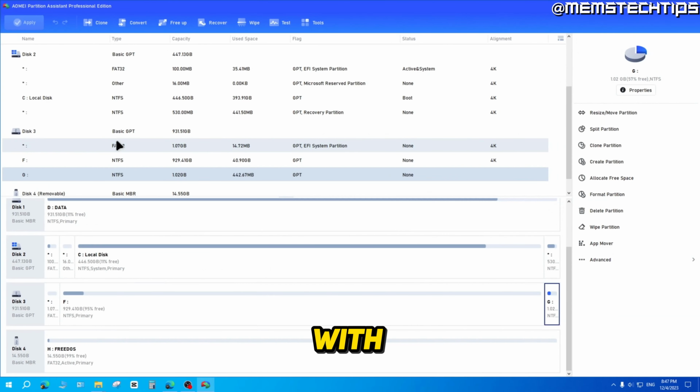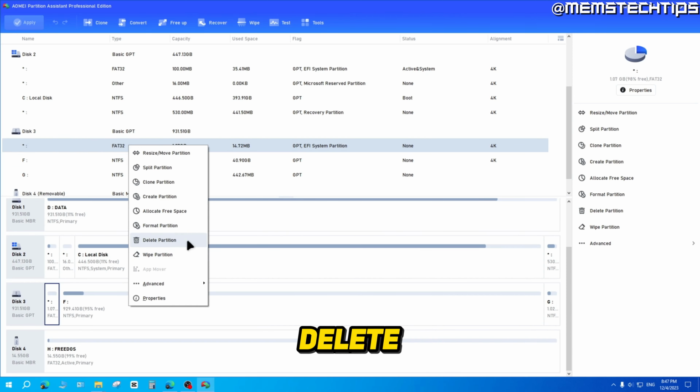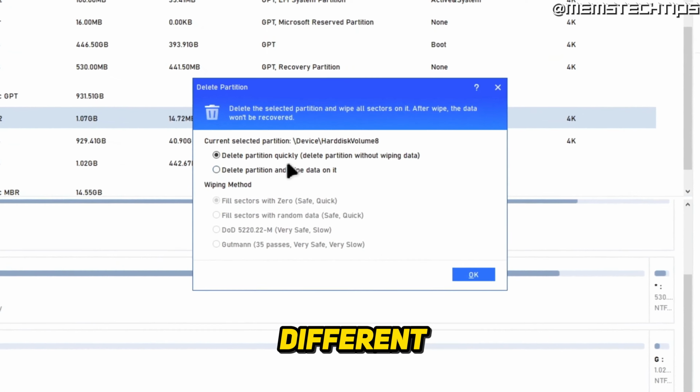But to get started with the guide, if you want to delete partitions from your hard drive or SSD using the AOMEI Partition Assistant, you can just follow these steps. So let's start by deleting this first partition up here. If I right click on this and I click on delete partition, you'll have these different options where you can